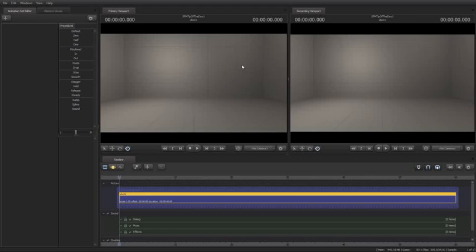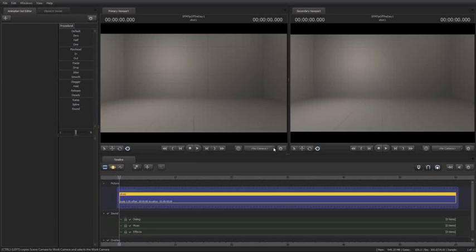So the first thing I'm going to do, I have loaded the stage.bsp map. This is a really, really simple map. It only takes a moment to load. I like it because it's small, it is simple, there's not a lot of stuff that gets loaded, and this is a great place to do these kinds of things.